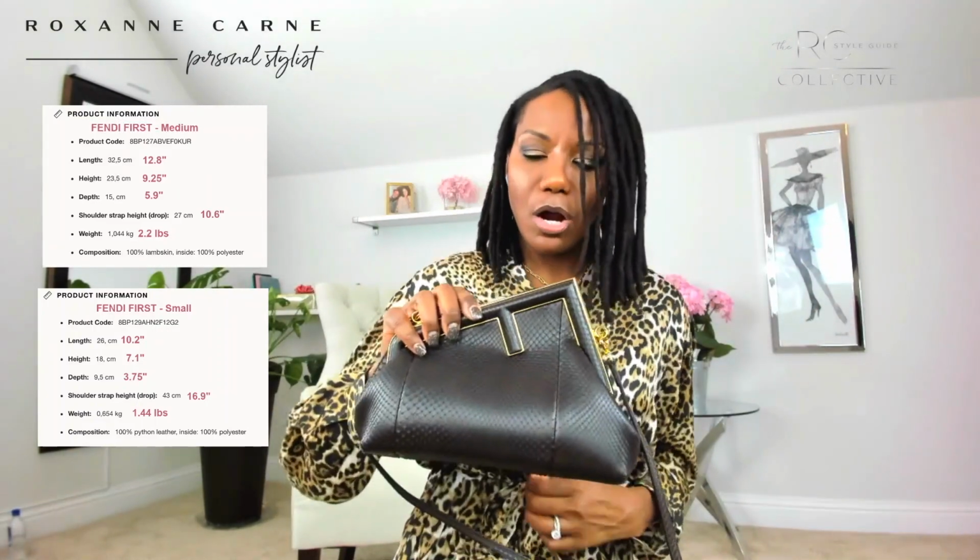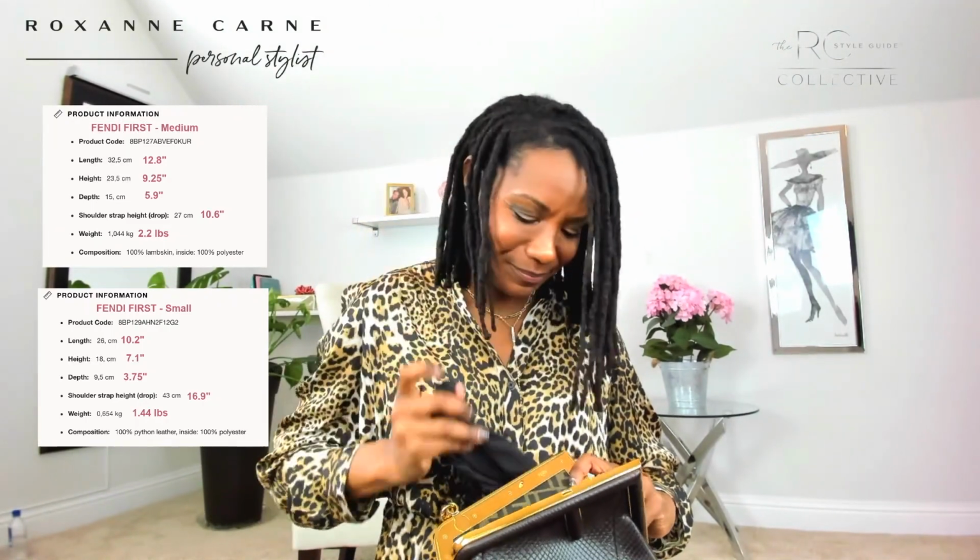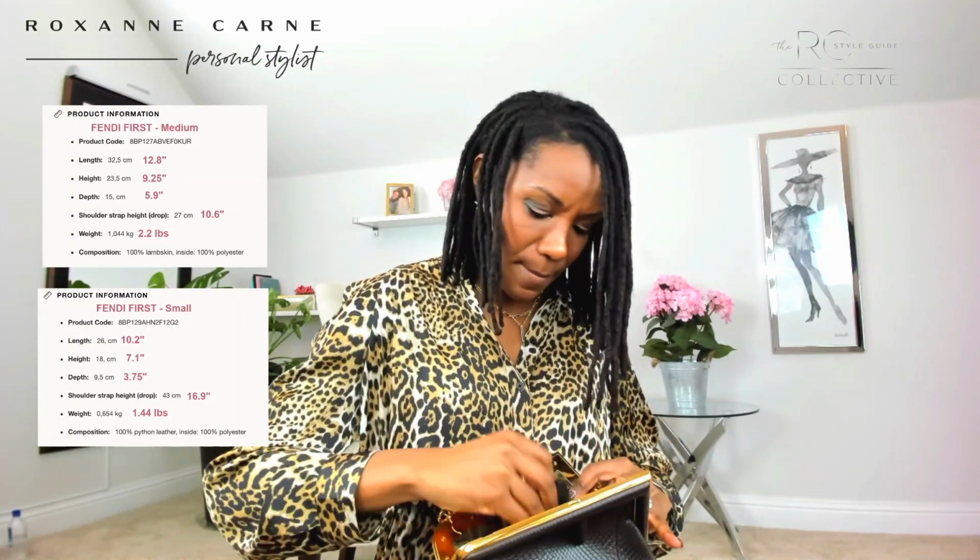So now we go to our small. Let's open the small. And I put in what I literally had in it the last time. I've got my cell phone, mask, readers, some blotting papers, and my little Sephora mirror case, which I've had for, I think, almost 20 years. No kidding. I've had it for almost 20 years because it's thin. It's like a credit card. It's very thin, and it's got the regular size glass, and then the magnified,